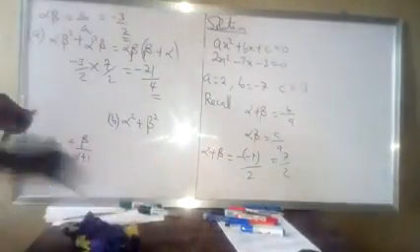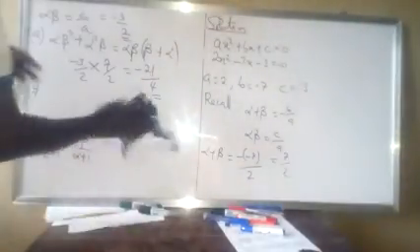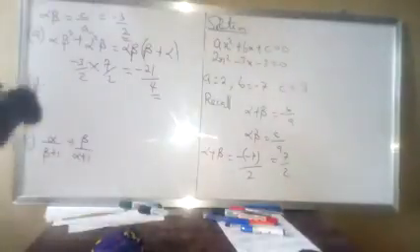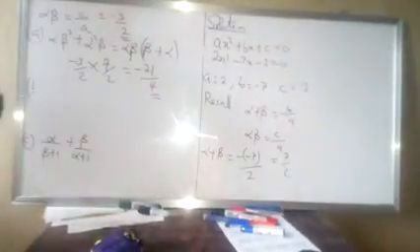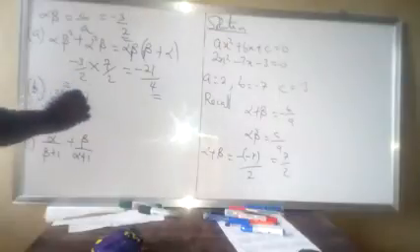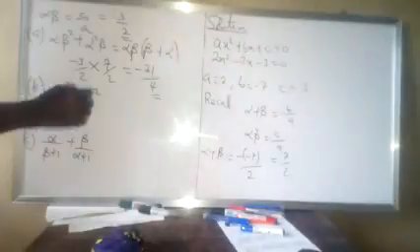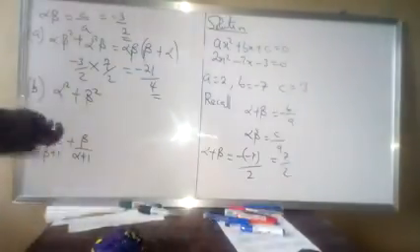So let's look at the second question, the b part: alpha squared plus beta squared. Now, alpha squared plus beta squared is a symmetrical root expression. So let's recall that we know that